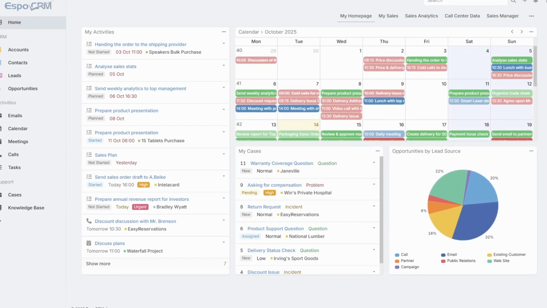Now, with the regular EspoCRM, you can use almost all of the functions that you'd expect in a modern day CRM. This includes creating accounts, leads, prospects, and then converting them into contacts, opportunities, etc. And it also includes a lot of the social functionality that you'd expect too. So things like logging tasks, calendar invites or calendar meetings, and so forth, as you can see on the screen